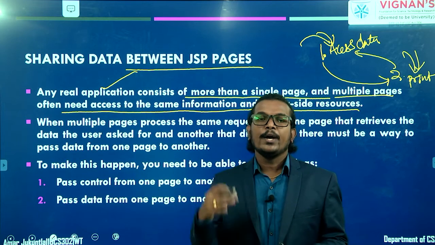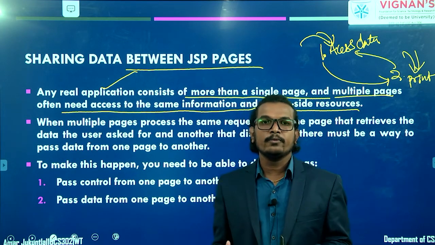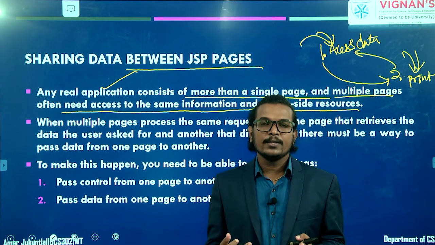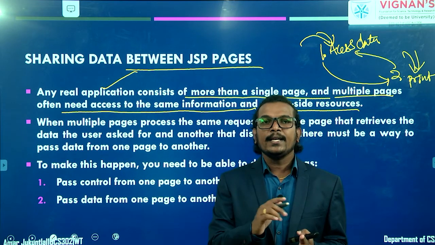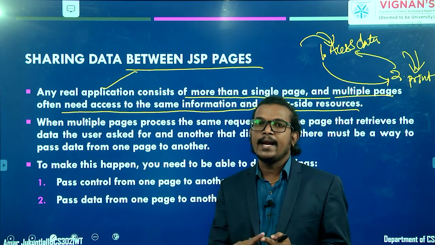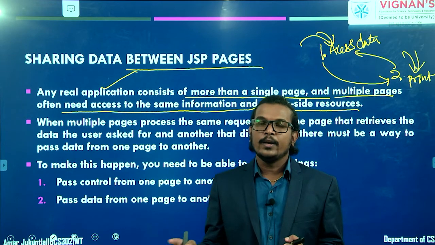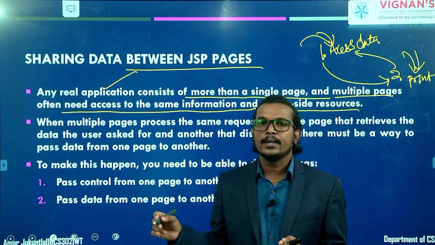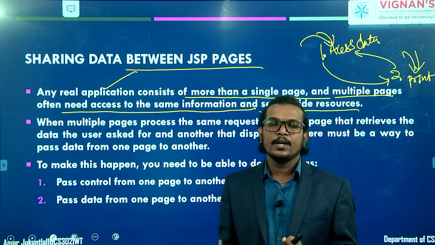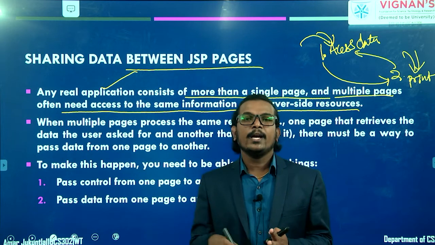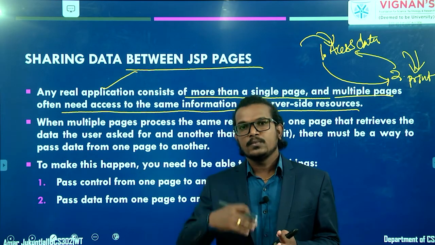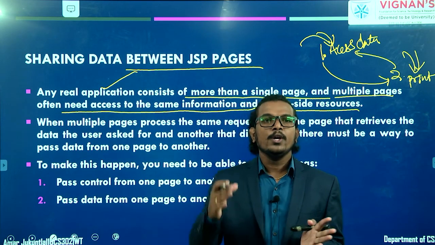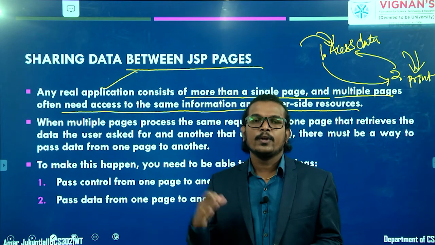That is one example. You can take another example, an e-commerce website, or take the Amazon website. In this Amazon website, we are adding our products to the cart page, right? Whenever you click on add, that product will be added to your cart. Clear? Immediately you are not purchasing, or doing the payment. Again you are searching for some other items, which means you are going to some other page.